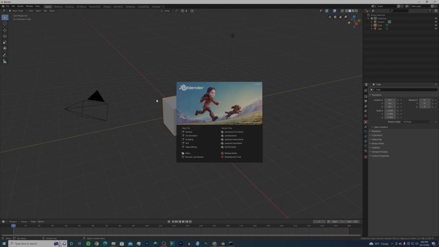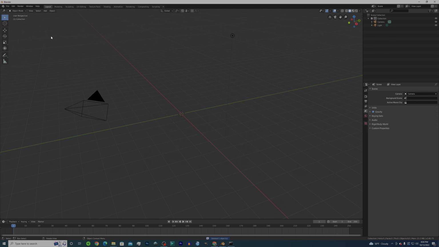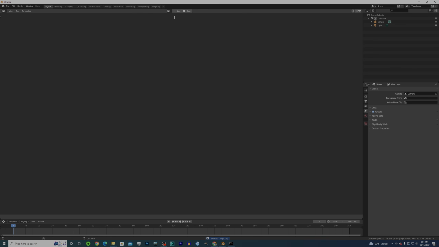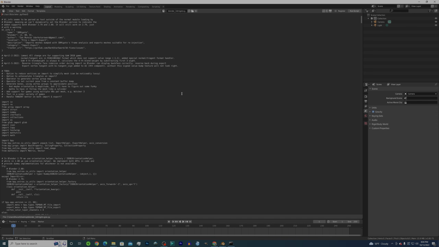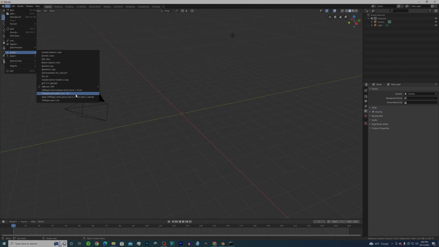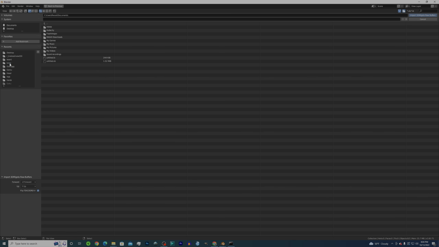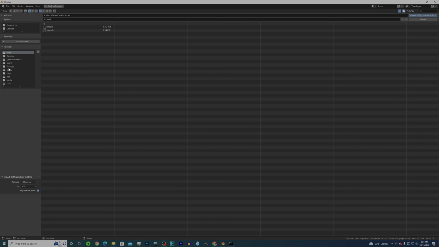Open Blender again, a new Blender, delete the cube, and then go to text editor, open desktop, and go to the script, the God of War Blender script for exporting VBs and importing it. So run that script, give it a second, and then that's it. Now you can import actual real VBs. So we're gonna import all of Kratos,